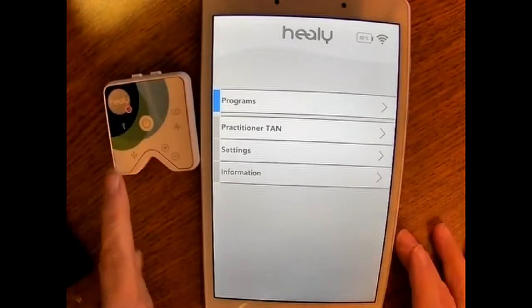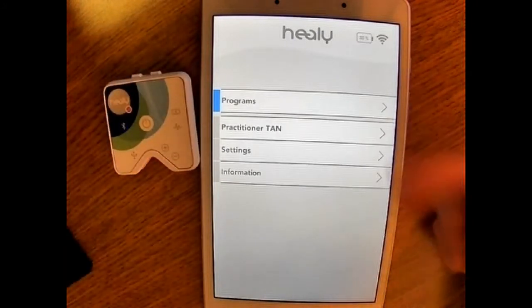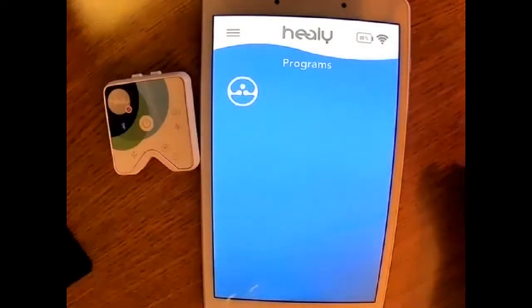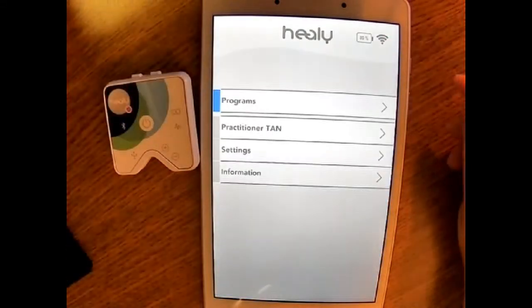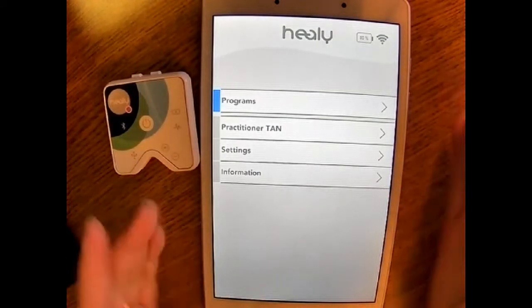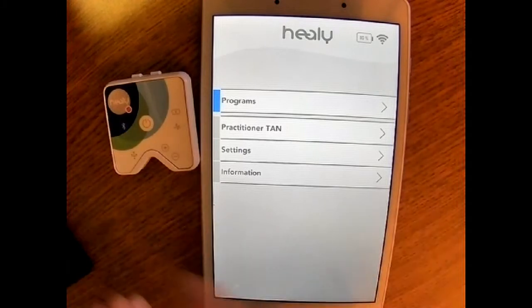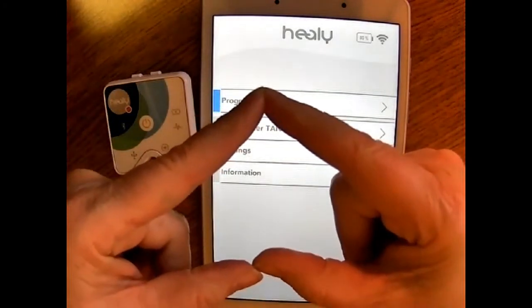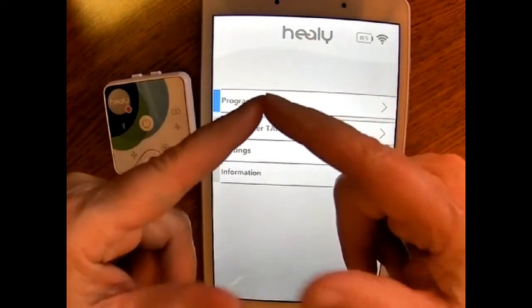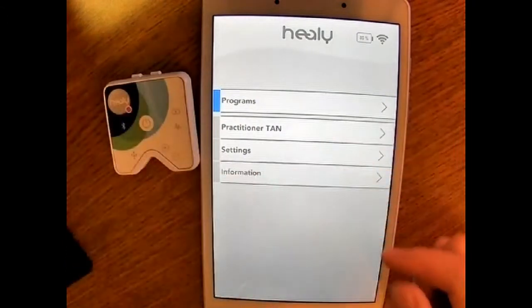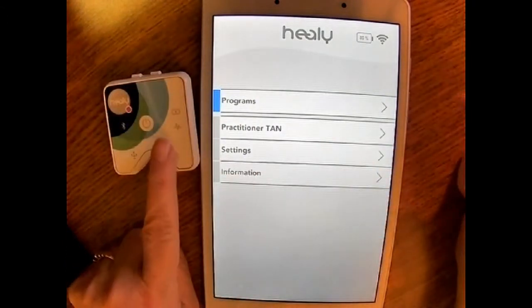Okay, now we have the Bluetooth going. This is what comes up all the time. Sometimes it may come up that you have just the blue screen and you think that you have only those programs, and it's very frustrating. But what has to happen is the device and the cloud and the Healy have to triangulate. They have to make this nice triangle that is the device, the Healy, and the cloud. It all has to connect together so that the cloud knows what device you bought and what programs are associated